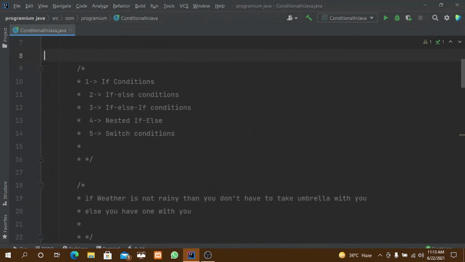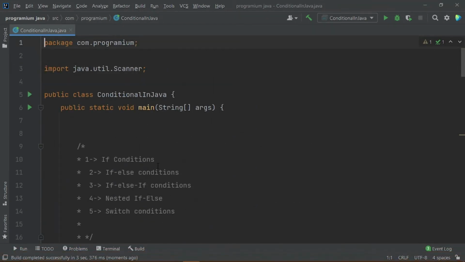So what's left, guys? We covered if conditions, if else if conditions, and nested if else. Let me tell you what these nested conditions mean.